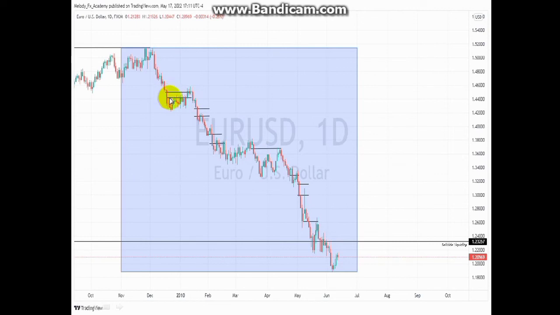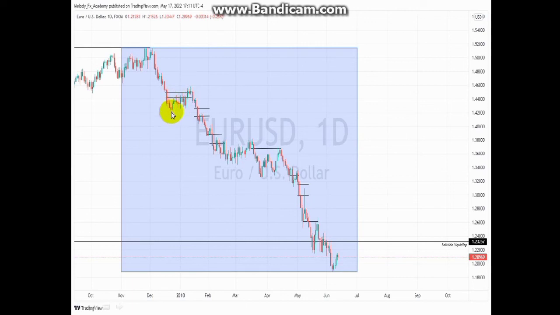We have this fair value gap, right? So price trades into these fair value gaps and dropped off, breaking structure to the downside. Then we had another fair value gap right here. Okay, so we had this fair value gap, and probably we had this breaker block, because this is the last dark candle before this up move. No, this is a mitigation block actually, because there was a high taken out right here. Okay, so this should be our breaker block.